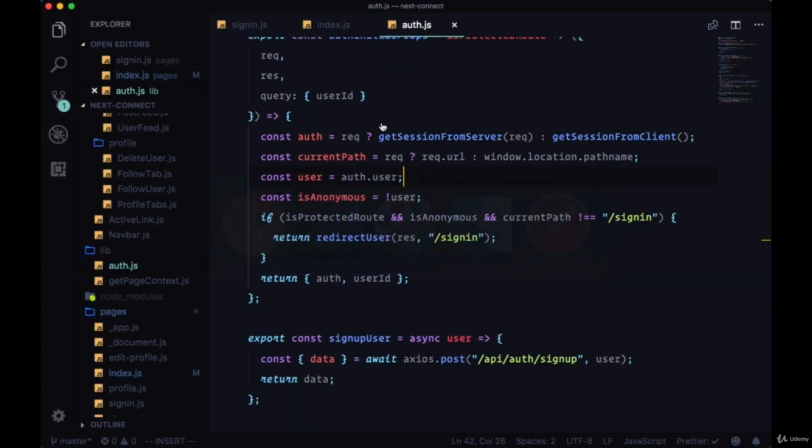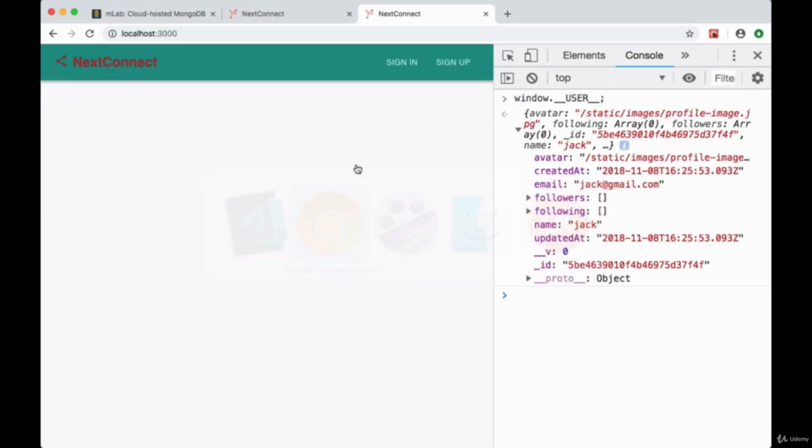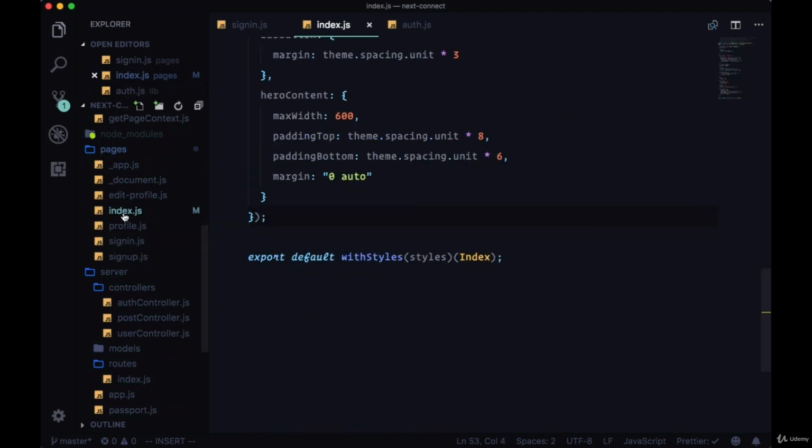So just like we did in our last project, in order to have our individual pages remember, so to speak, our session, to get our session, we need to use this auth initial props function with the getInitialProps method. So in order to see the auth navigation on the index page, we need to go to pages and then index,